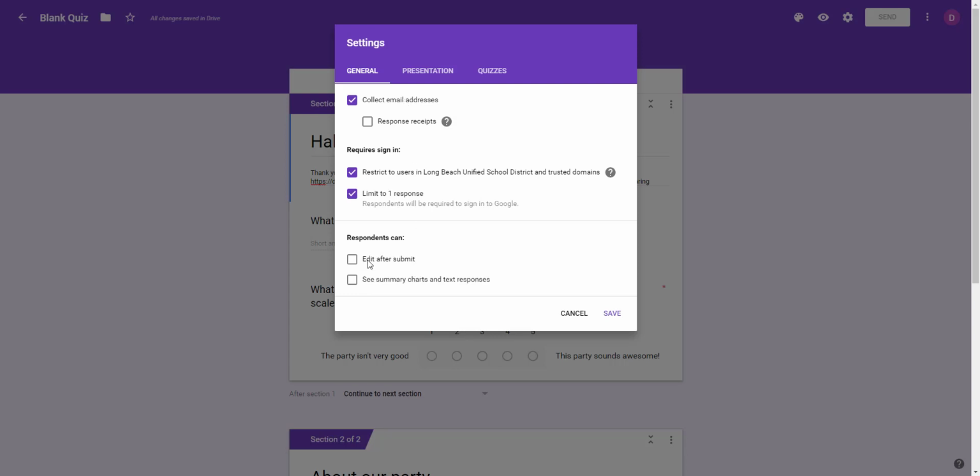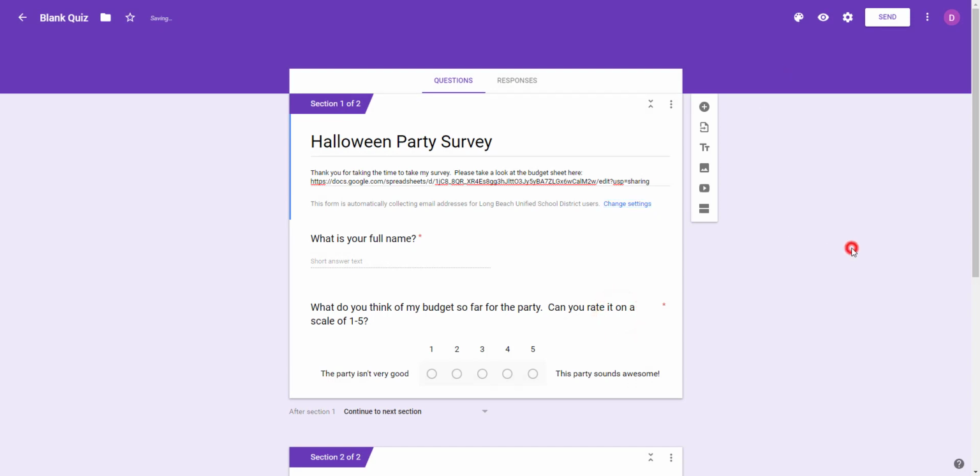Okay, I'm not going to let students edit after submit. And you may or may not want to let students see summary charts and text responses. That's really up to you. I don't really care about that part, but please make sure you collect the email addresses and limit to one response. So I'm going to go ahead and hit save,